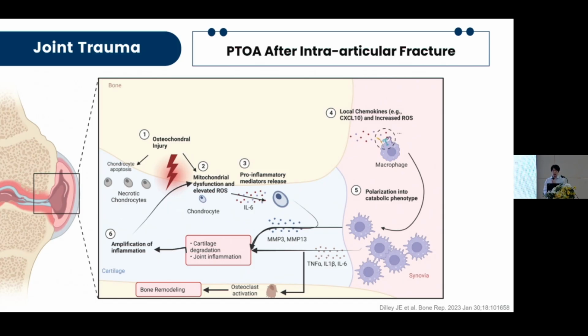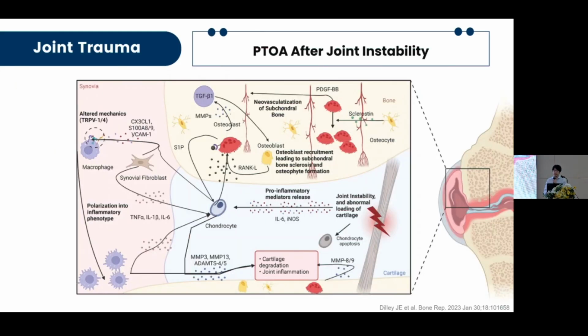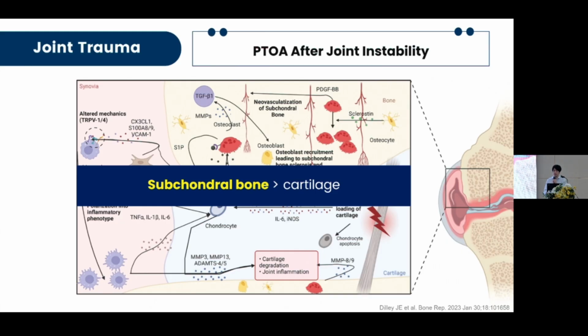Now, moving on from obesity, let's consider joint trauma, particularly intra-articular fracture, which significantly increases the risk of post-traumatic osteoarthritis, or what we call PTOA. Mitochondrial dysfunction after chondral injury will trigger pro-inflammatory cytokines and chondrocyte apoptosis, which affects more than chondral remodeling. Similarly, joint instability from ligament injury can also lead to PTOA. And due to the instability, repeated load of the subchondral bone will cause more bone remodeling and subchondral bone cysts, which is more affected than cartilage injury.